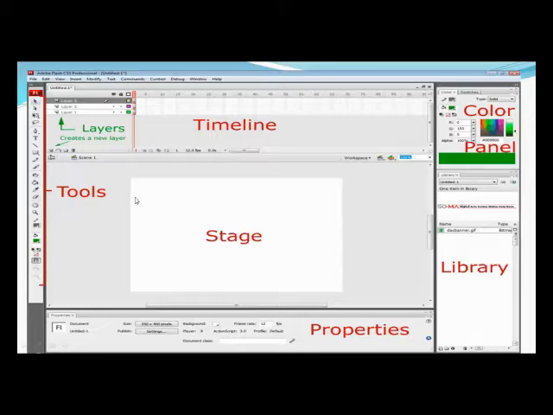Here is the tool panel. This is the stage. This is the timeline. Here you can create layers. This is the property inspector menu. What is the property inspector menu? The property inspector is the panel that displays the properties of the selected object. It is positioned as the properties tab at the bottom of the screen. This is the library, from where you can get the tools, and this is the color panel from where you can select the required color.